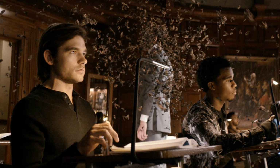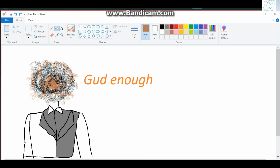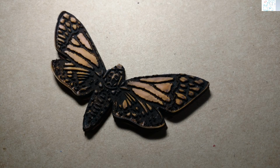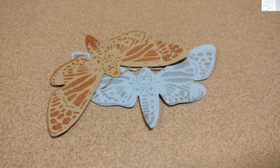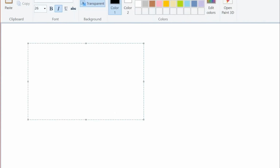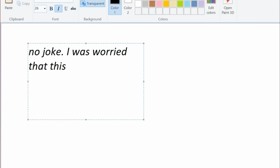But what we decided to do was custom engrave a stamp to match the outline, because the outline was sourced from a picture of a hawk moth online. So we converted that image to an SVG file for the Glowforge to engrave. And because my friends are insanely smart, they were able to fabricate a custom stamp in like half an hour, which to this day I cannot fathom how brilliant that was, because he did it on the first attempt. It smelled nasty, and it looked gross and charred,